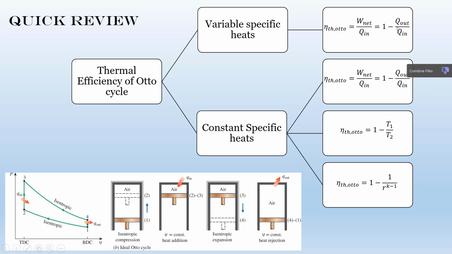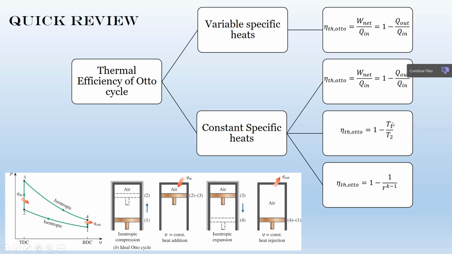Keep in mind that Q out is Q4 to 1, and Q in is Q2 to 3. If you assume that you have a constant specific heat, then you can use one of these three equations